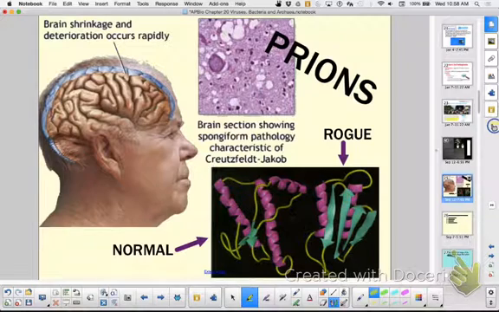prions, and these are proteinaceous infectious particles. So what do you hear in proteinaceous? Proteins. These are rogue proteins that cause diseases. Once infected, it starts a chain reaction that converts other normal proteins to prions. It's the cause of TSE, transmissible spongiform encephalopathies. It causes little holes in your brain,